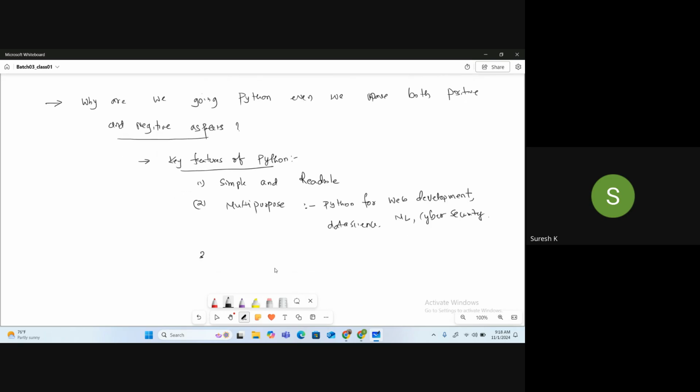As Venkat mentioned, large library support. What does it mean?